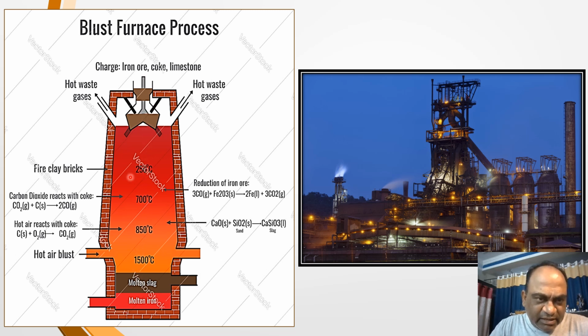It keeps hanging in the air at this place, because a hot air blast is given from the bottom, and this keeps the entire material suspended in the air, and the exothermic reaction keeps going